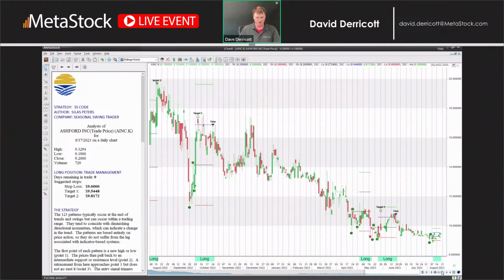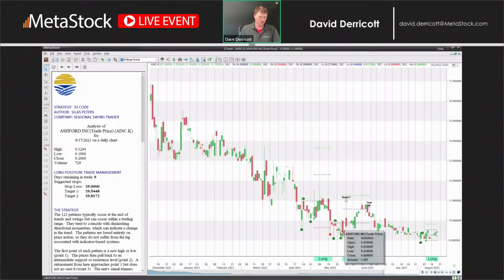But here's actually a really good trade right here. So we had our 1, 2, 3, we had our signal. Very short trade, but it's definitely based on reversals. It put us right up to our target, and then we would have gotten out of the trade. And of course, if you were still in the trade at that point, once you hit your time signal on the chart, you should definitely get out of that particular trade. So that, in a nutshell, is the add-on.